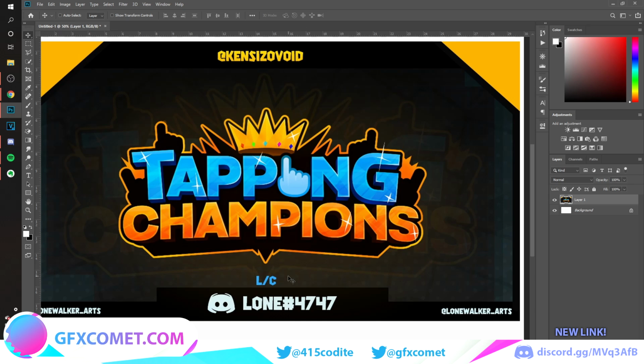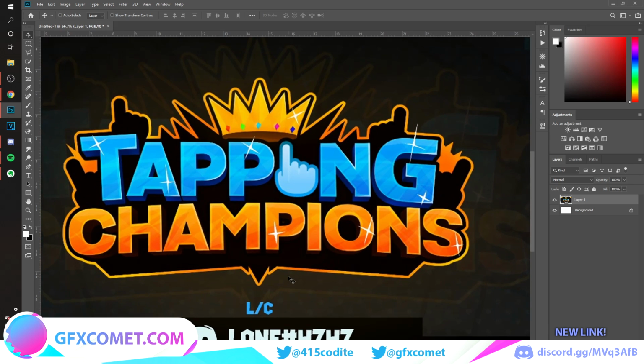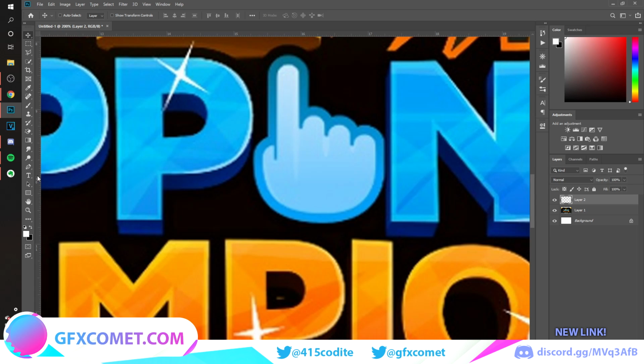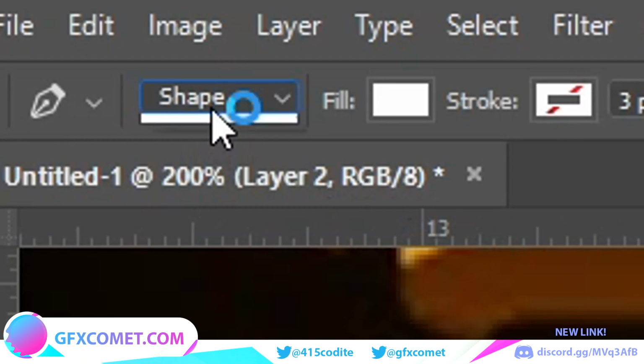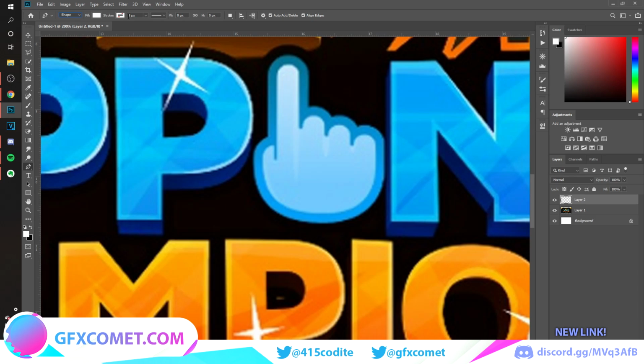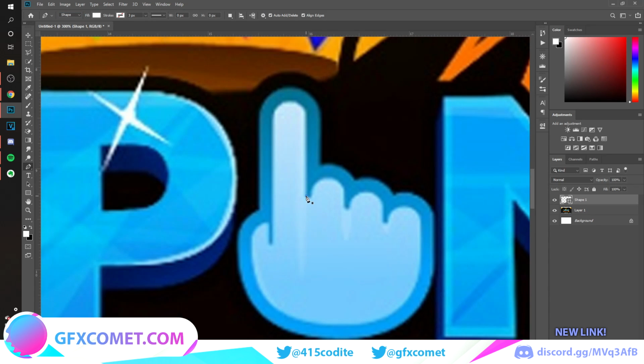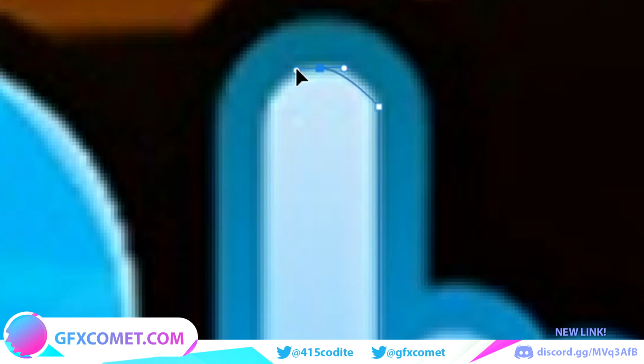So first things first, I think the first thing I want to do is create this clicking icon. Create a new layer, and we're going to go to our pen tool right over here. You want to make sure it's on shape and fill zone, and the stroke is off. So once you have that, we are going to start. I'm going to start right here, so just click and hold shift and click up here to make a straight line, and when you click over here you want to just drag,